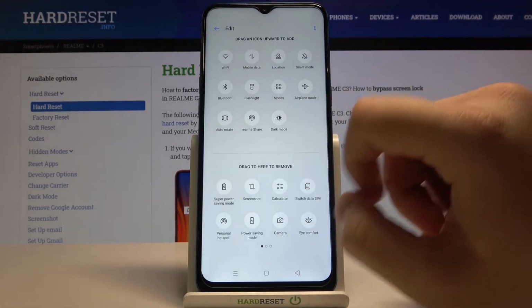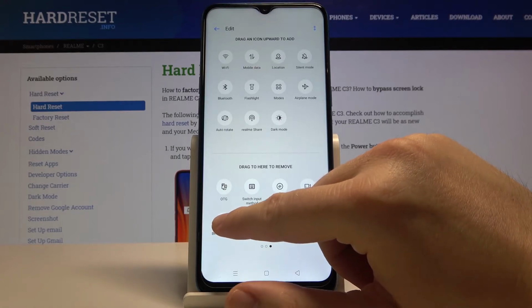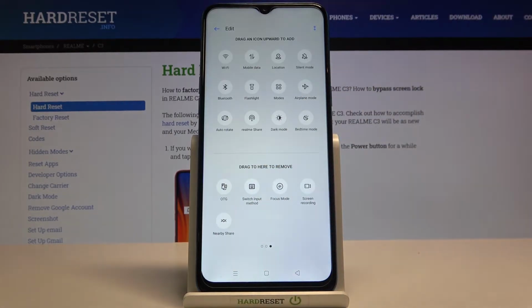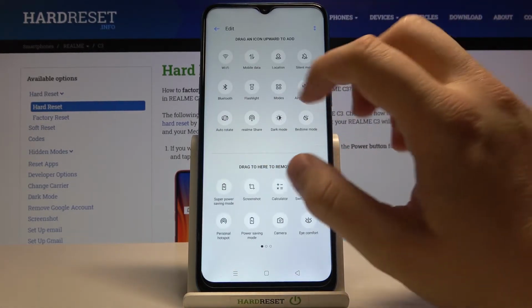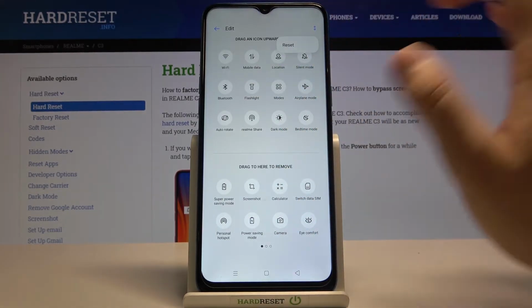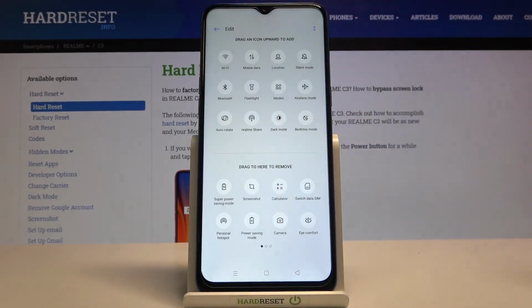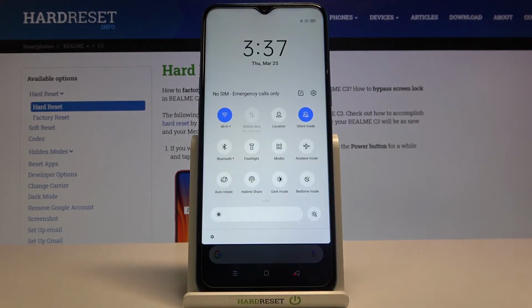If you want to add additional icons, for example, the bedtime mode, click, hold and pull it right here. So as you can see, it's very simple, and when you tap right here, we are also able to reset all of the settings. But if you want to save, just go back, and as you can see, it's saved